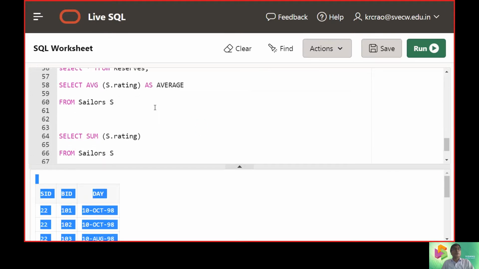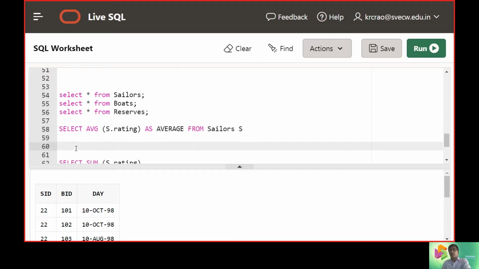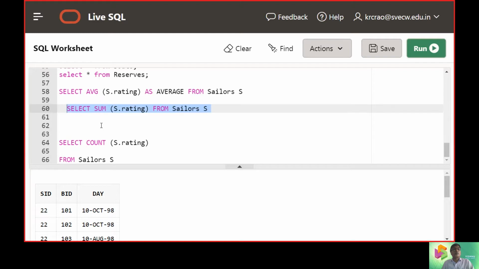In our SQL compiler, we add one more query: select sum of S.rating from sailors.